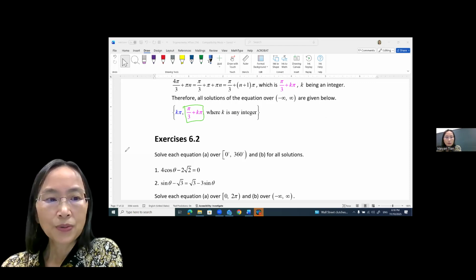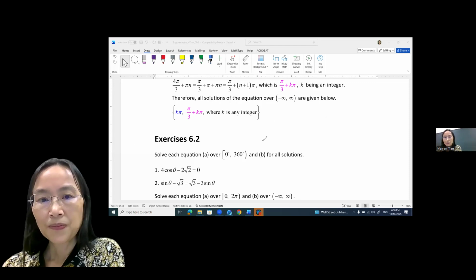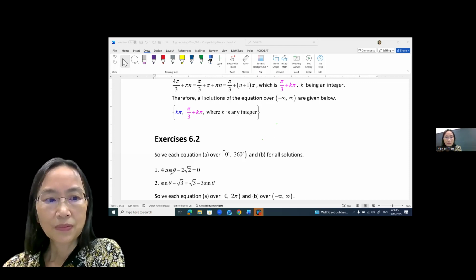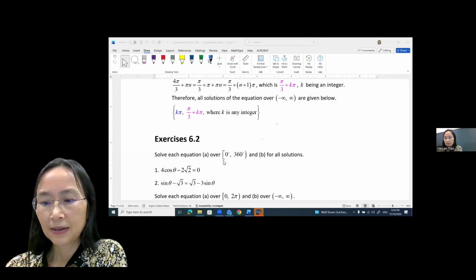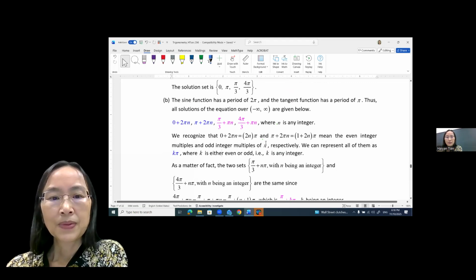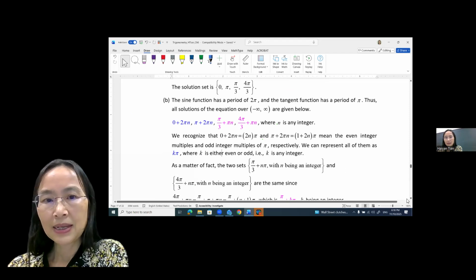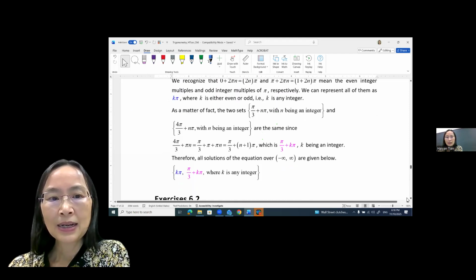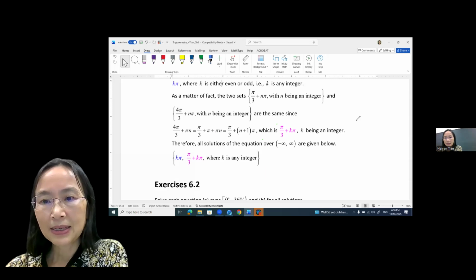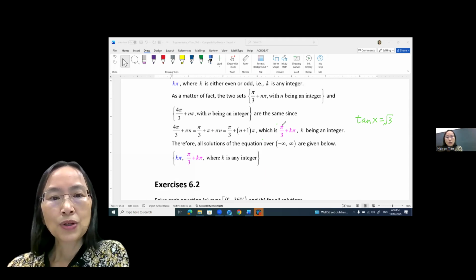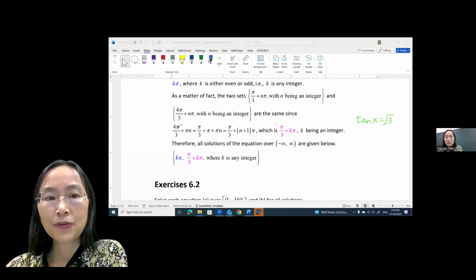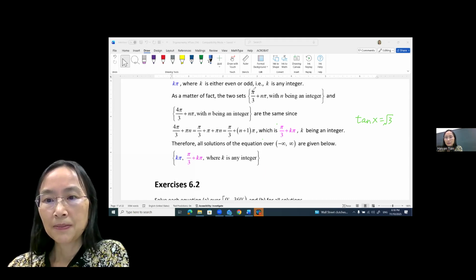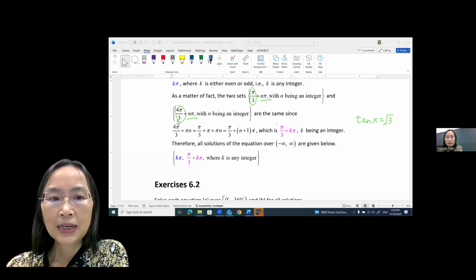So recall that if we look at the tangent, the other equation, tangent x equals square root of 3. And recall that we have pi over 3, right? Either this one plus a multiple of pi or this one plus a multiple of pi. And